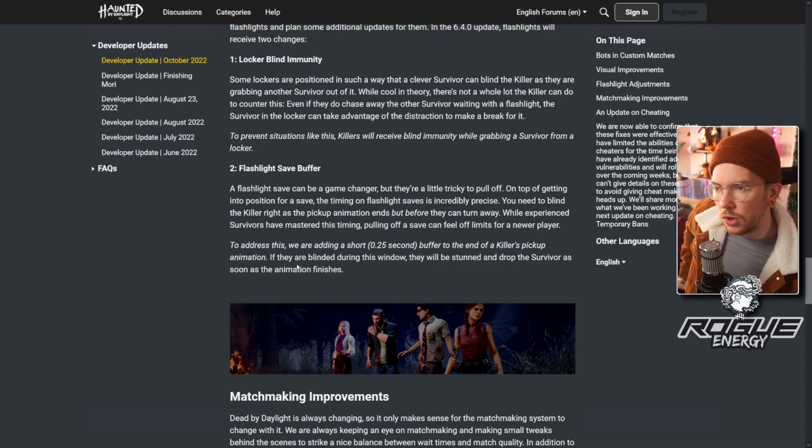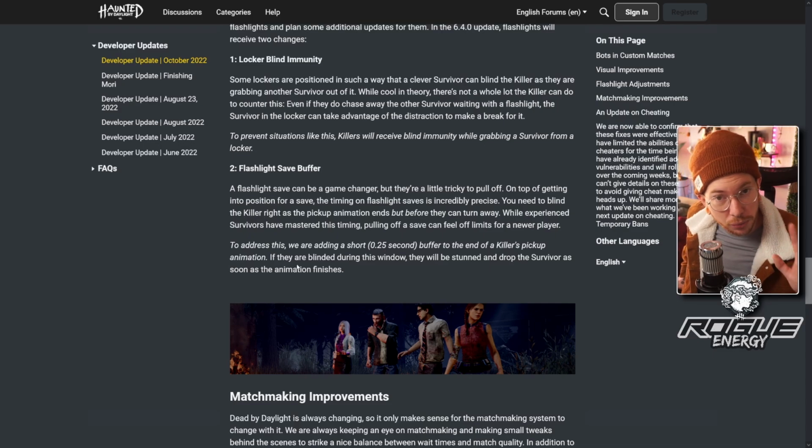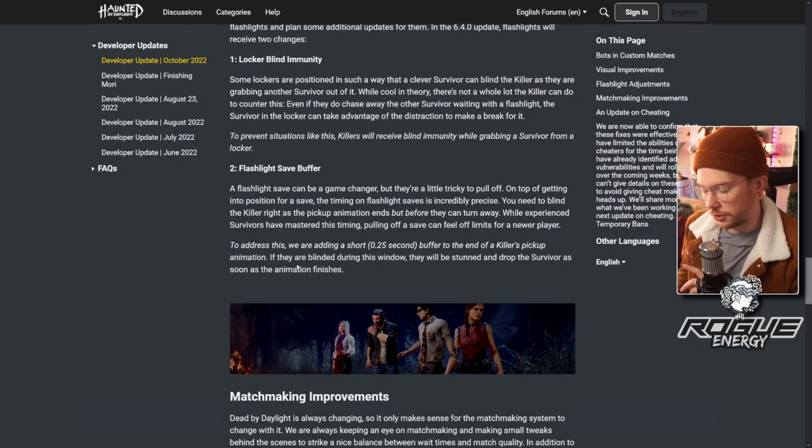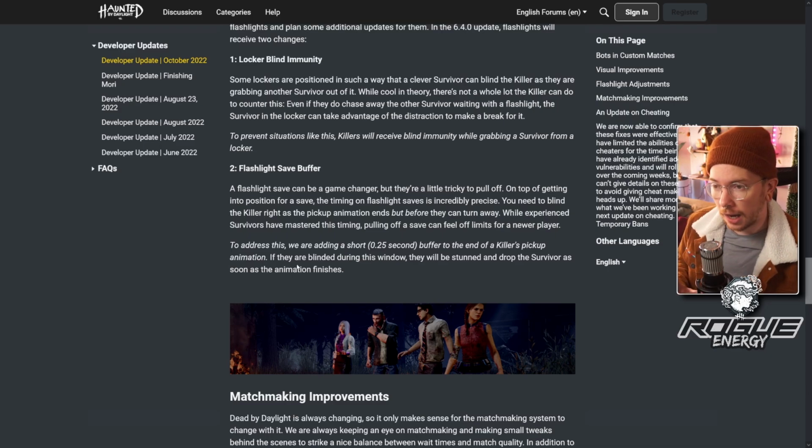Now I know it's really easy for us to jump out of our skin and freak out about this. I know people are going to say, I'm running Lightborn on every... At the end of the day, as a killer, you should be trying to prevent someone from flashlight saving. You should down somebody and then fake the pickup and go hit the person who has the flashlight, something of that nature. You should be facing walls. You should be facing rocks. You should be facing objects and obstacles that obviously prevent someone from getting a blind. Is that always possible? No, but...